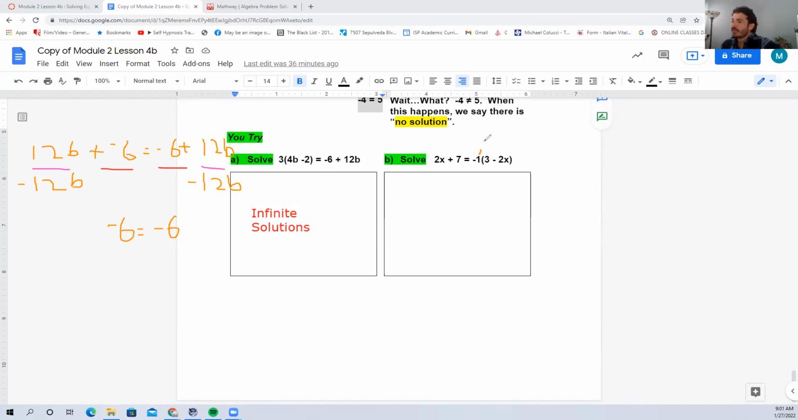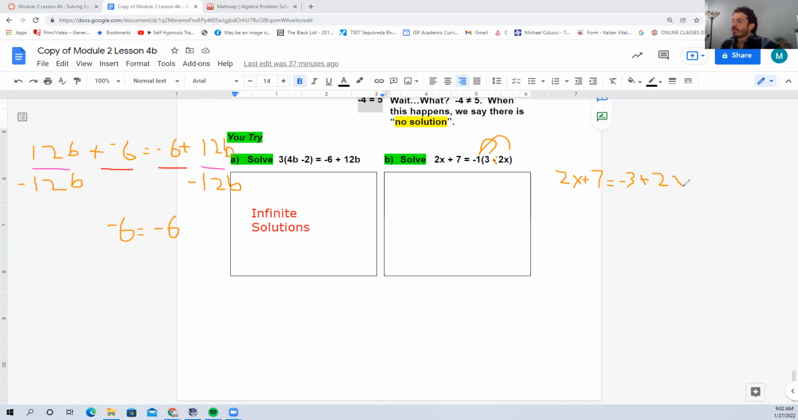So I'm going to distribute here. So I end up with 2x plus 7 equals, what's -1 times +3? It's -3. What is -1 times +2? Well, it's negative, but we can think of this as plus a negative. So I'm going to call this plus